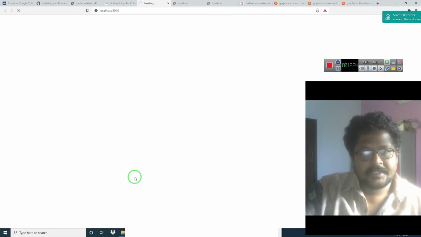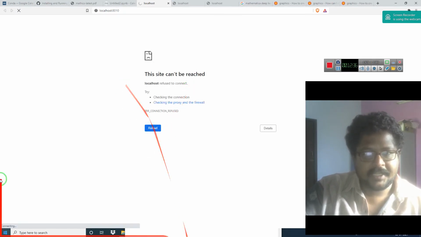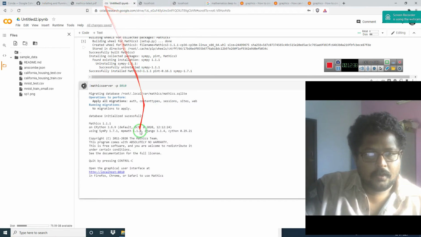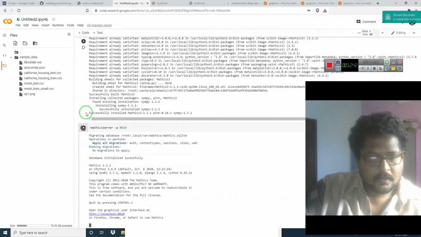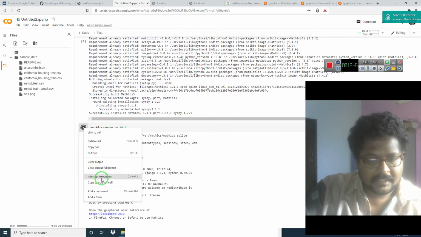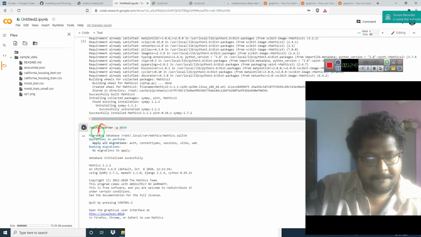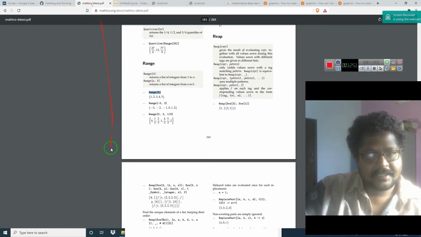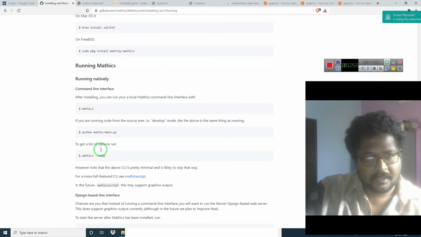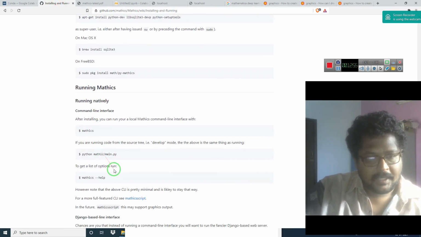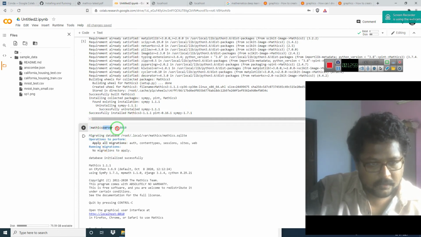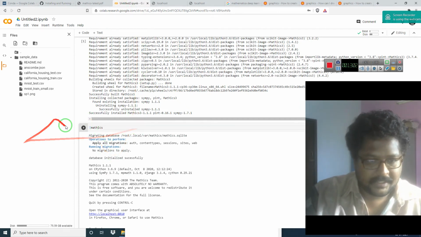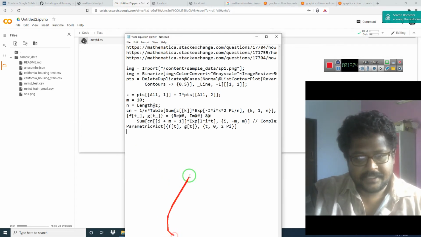It actually uses the Django one. Now it is not able to run it, so there is some problem with this. Okay. So it is only available when you just interrupt the execution. Only when you just run it as mathix are you able to run it, but it is very hard to do. So you have to edit everything outside.